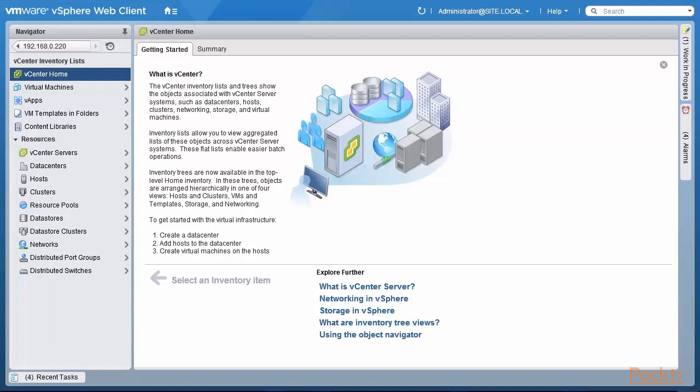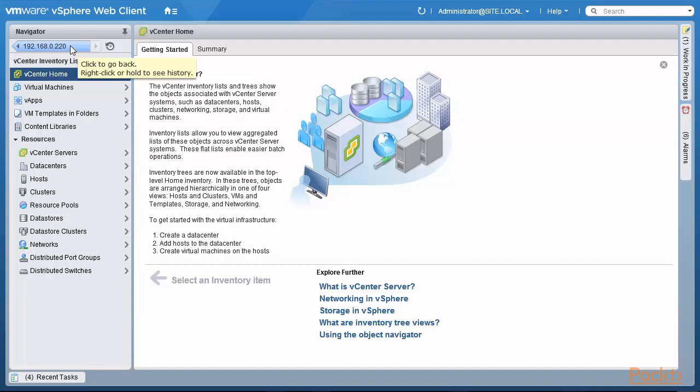As you can see, I'm now logged into my VMware vSphere web client. I'm on my vCenter server 192.168.0.220, which is my home vCenter, or if you're thinking in terms of companies, this would be the headquarters vCenter. What I want to do is to take you through the infrastructure that we have set up for our replication labs. So I would like you to think in terms of headquarters or the home office where I'm running vCenter